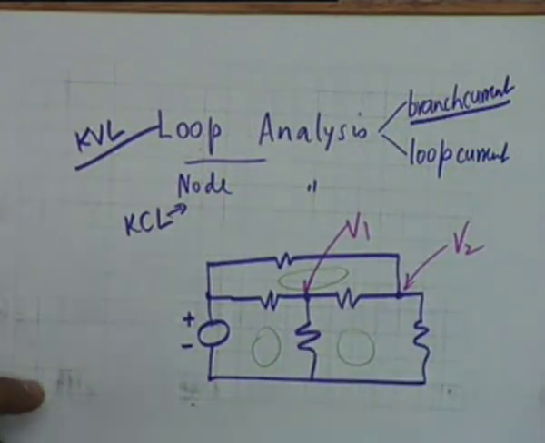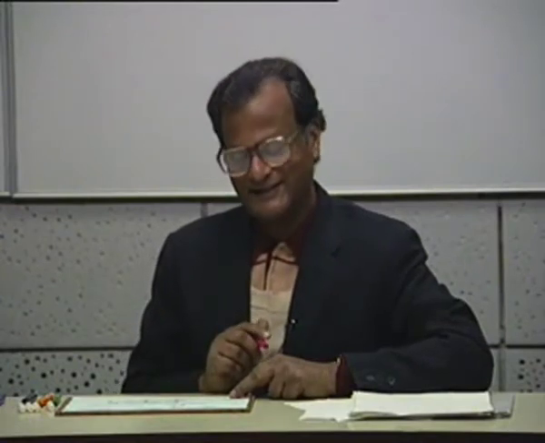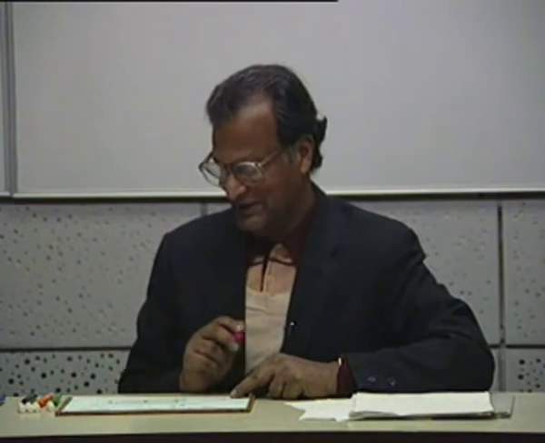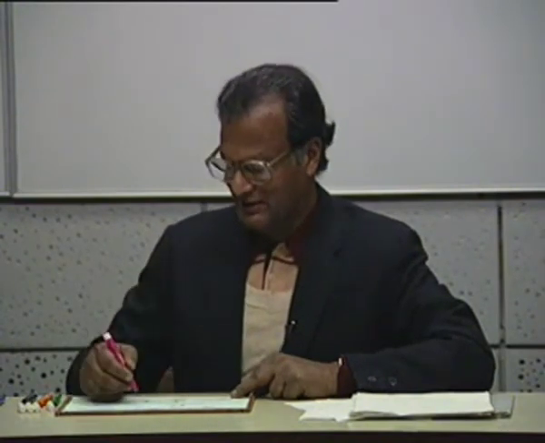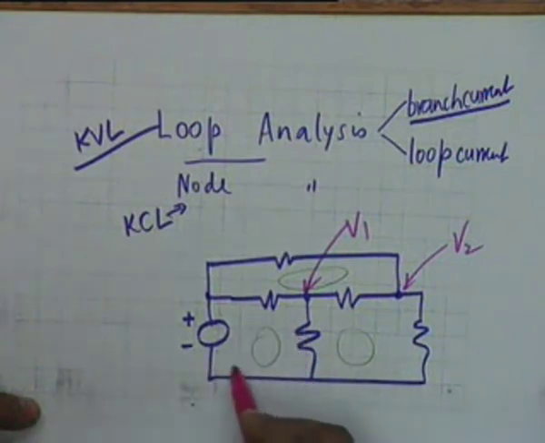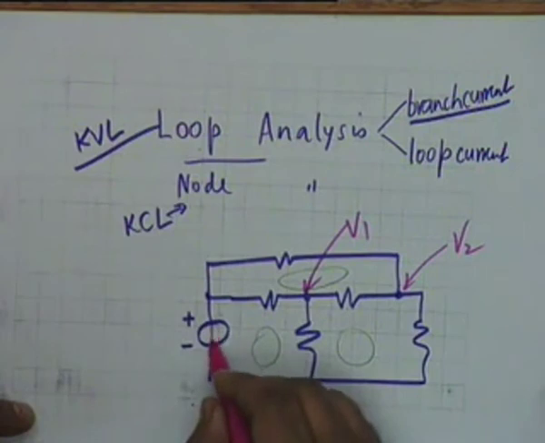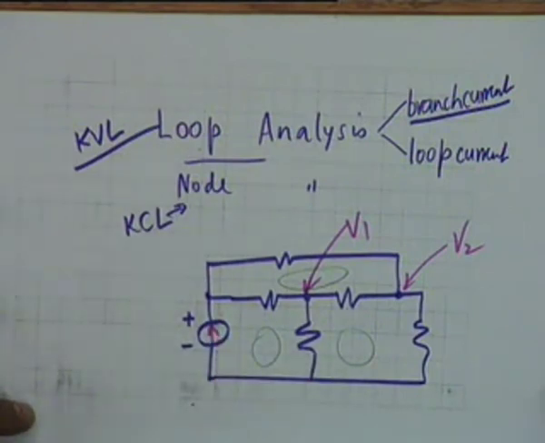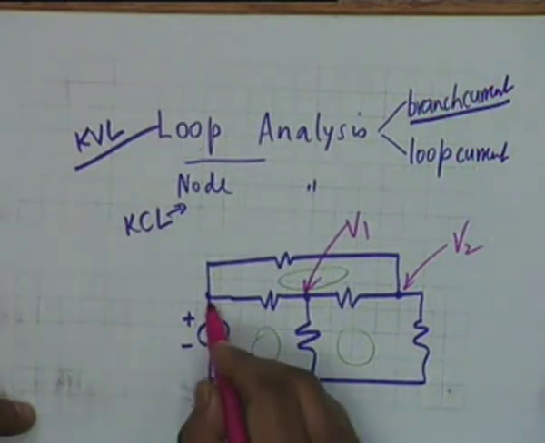Excuse me, sir. Yes. So this is a current source. If this is a current source, what will be the potential at the positive terminal of the current source? Okay, he got me. I was expecting this question earlier. If this is a current source, obviously this loop equation cannot be written. So what do you do? Convert it into a voltage source? No, there is nothing in series with this.